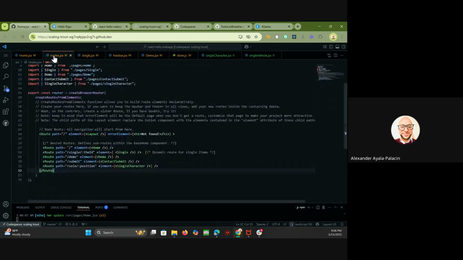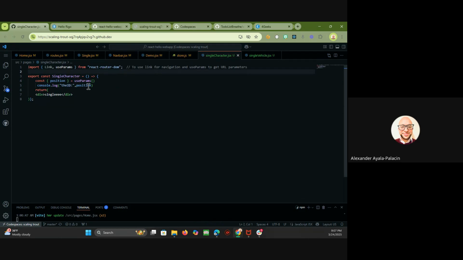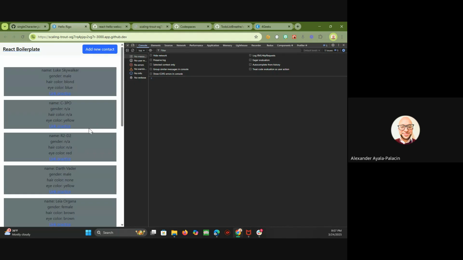Okay, so in my route, I set up a variable. So position is going to take this I thingy because it's set up for that. And y'all did that already on your own. Great. And so now I'm having access to position right there. I'll console log it and let's see what we get. So if I click on the first one,